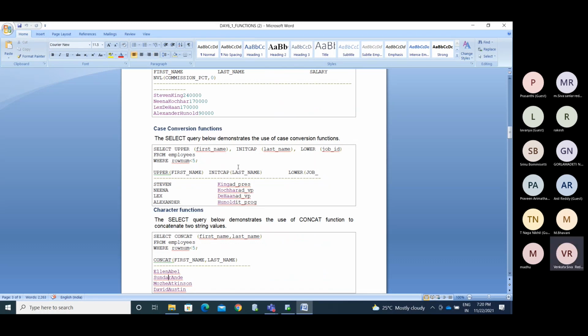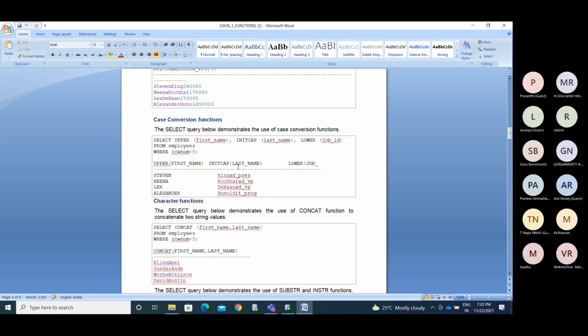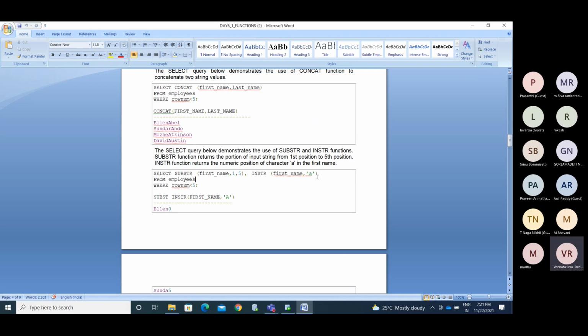Case conversion functions: upper, lower, initcap are already explained. Conversion functions are different from case conversion.